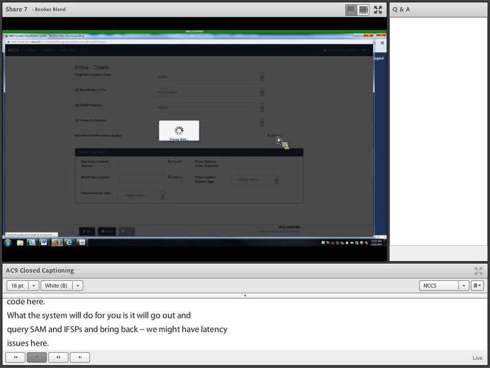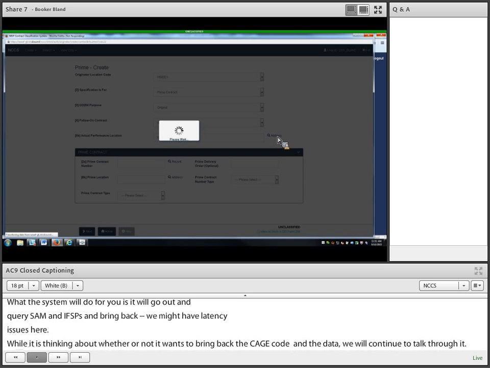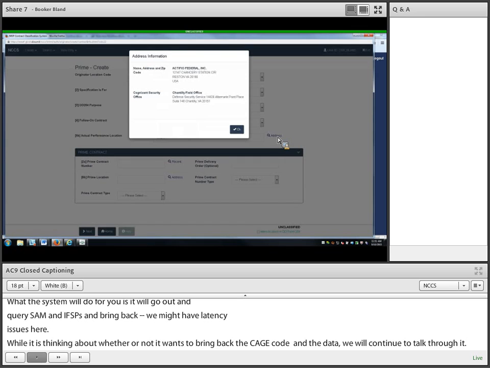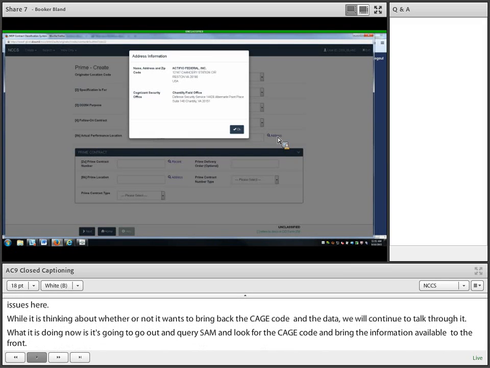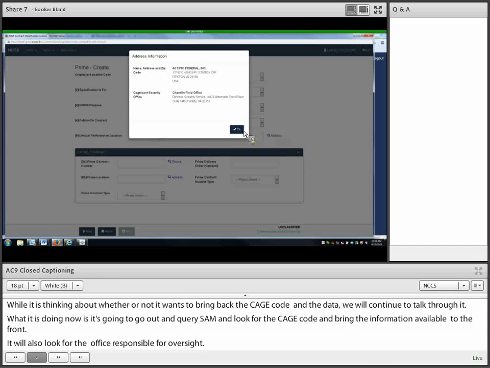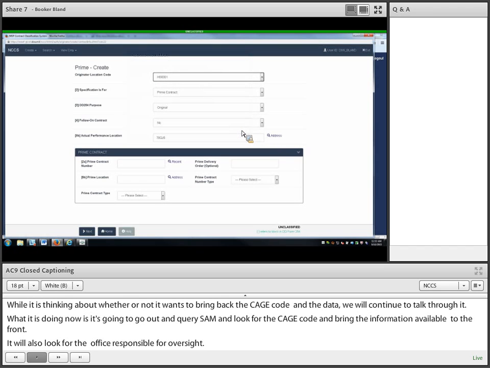What it's doing now is going out to query SAM, looking for the CAGE code to bring that information to the front. Then it's also going to look for the cognizant security officer, or the DSS officer responsible for oversight. Once the user verifies that this is in fact who you intended the contract to go to, it's just a matter of hitting OK. The information will be resident in the back of the screen, though not visible to you,